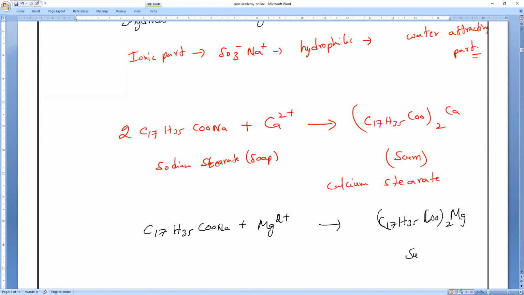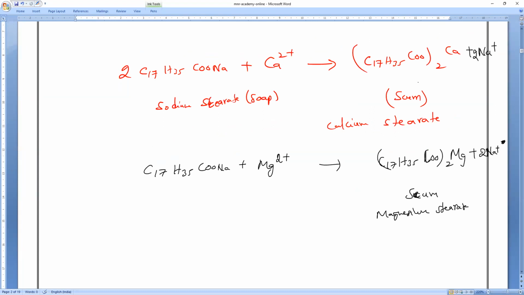That is also called a scum, which is called magnesium stearate. Plus we are getting sodium ions. Here I forgot to write, here we are getting sodium plus ions. So that is the reason the soaps get deactivated in hard water and cannot give lather